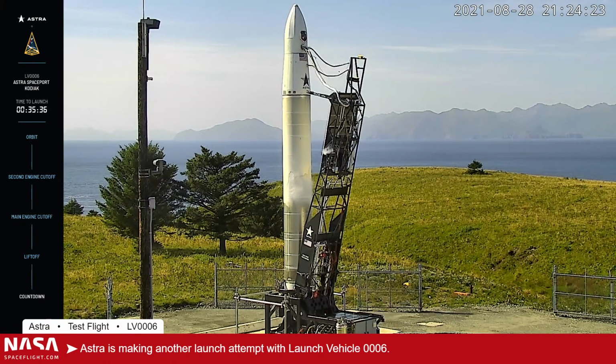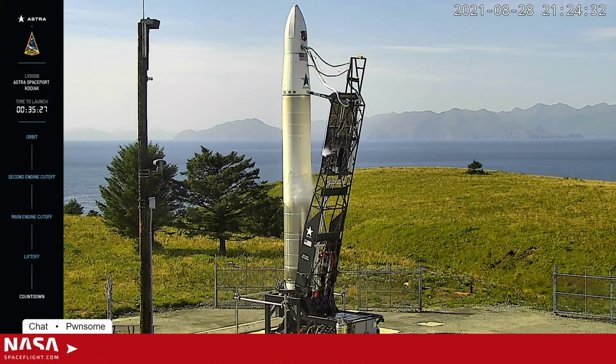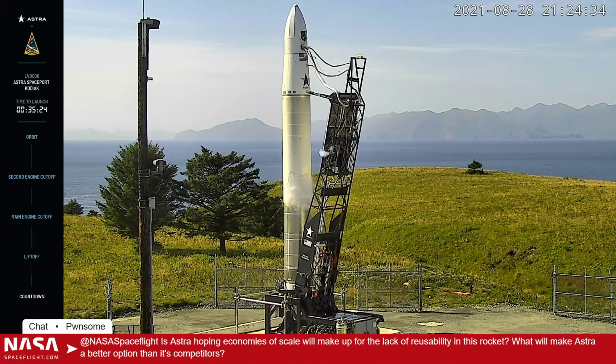And we have one asking, is Astra hoping economies of scale will make up for the lack of reusability in this rocket? Yes, definitely. That's one of the important things that we like to abide by at Astra, is that simple scales. So we are counting on making a mass-produced, low-cost rocket in our journey to achieve daily space delivery and to improve life on Earth from space. So we are hoping that the economies of scale and using typically more low-cost materials will help